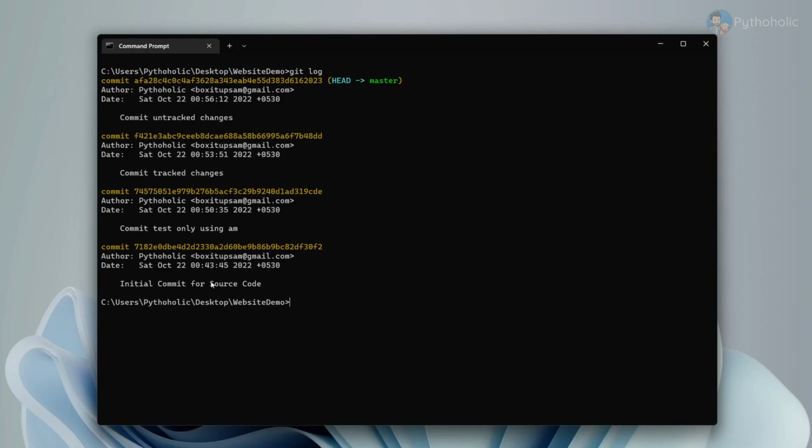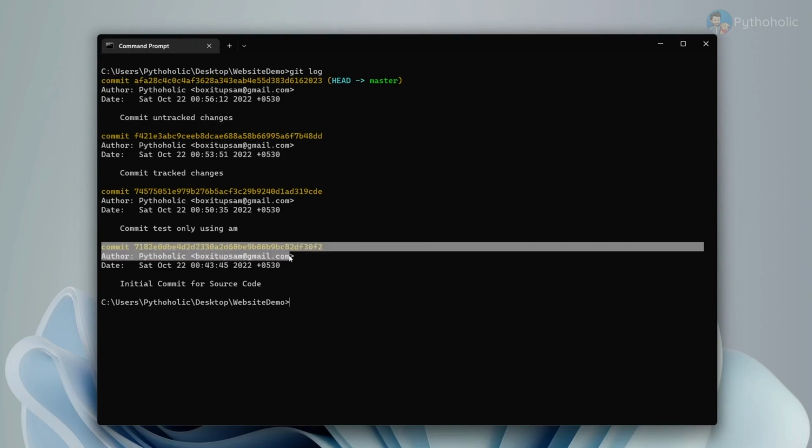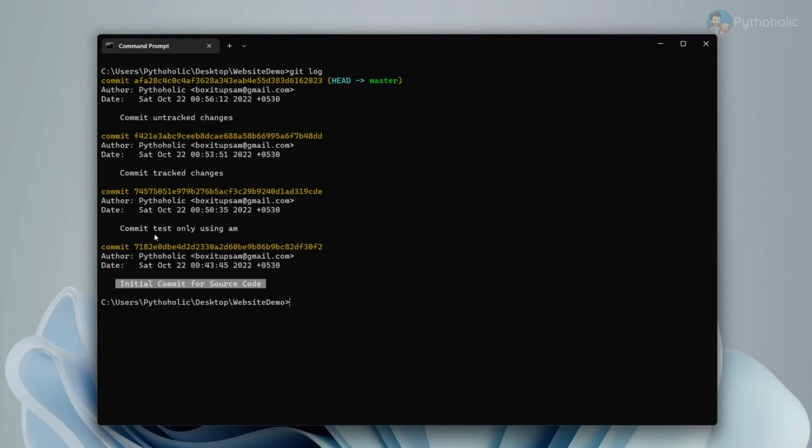So this is basically the first commit, the initial commit to the source code, and every commit that I told you will have a hash value. So this is the hash value for one particular commit, and it will be unique to each of the commits. So when we go up in the direction, you will see the new commits that have been placed, and this being the latest commit. And the head,